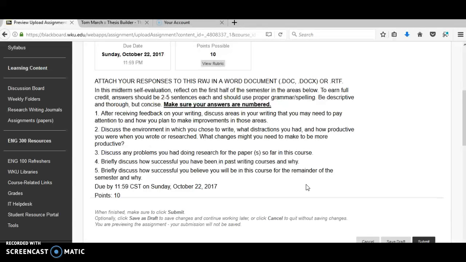Briefly discuss how successful you've been in past writing courses and why, and how successful you believe, based on what you've gotten done so far, you'll be in this course. So it's a pretty simple exercise, and you will attach your responses as a Word document. So please keep that in mind as well.